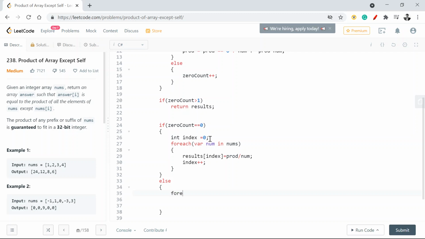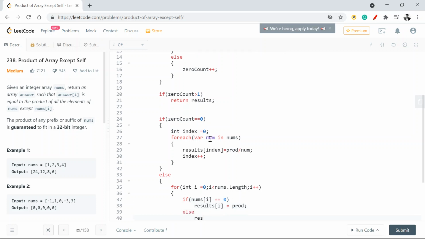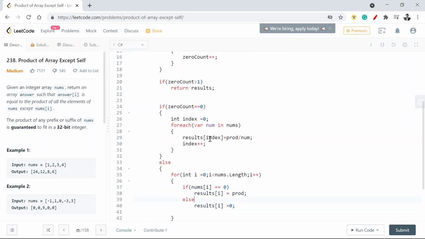So in this case, what I'm going to do now is for int i, I'm just doing this for another variation which you can use. Int i is equal to 0, i less than nums dot length, i plus plus, and what I'm going to do here is if my nums i is double equal to 0, then my results i will be equal to my prod, else results i will be equal to 0, right?